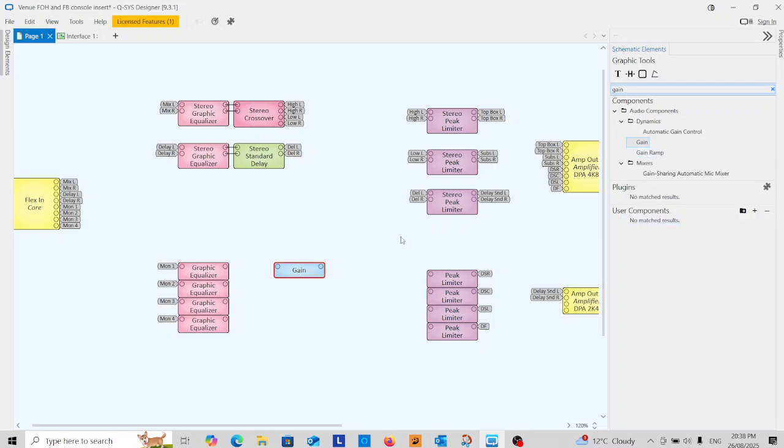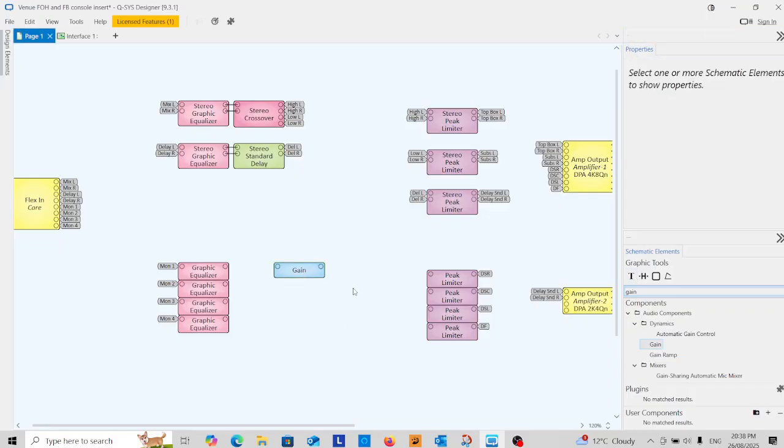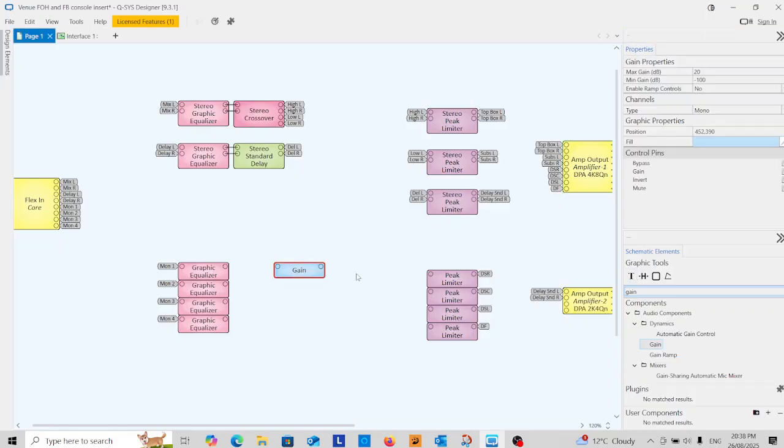This is essentially what we're going to do. So what I want to do is go to properties now. I have to pull this tab out. And you see I have control pins appear because I've got this selected. I'll show you again. So there's nothing there. If I select the gain, now I have control pins. We've done this before, but I'd like to just actually enable the gain pin on that. Right now, I'm going to Alt-drag to copy. I've got 4 of these,